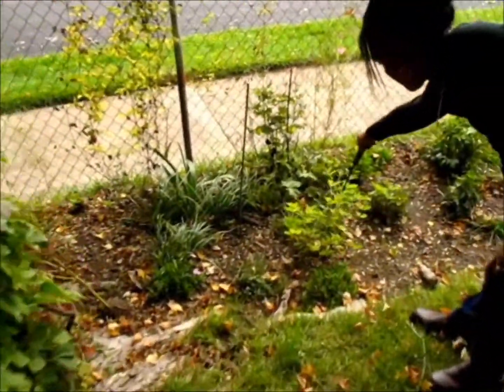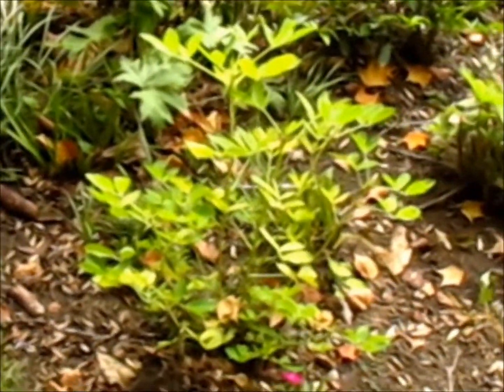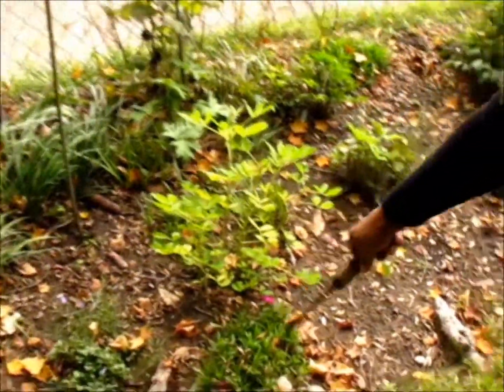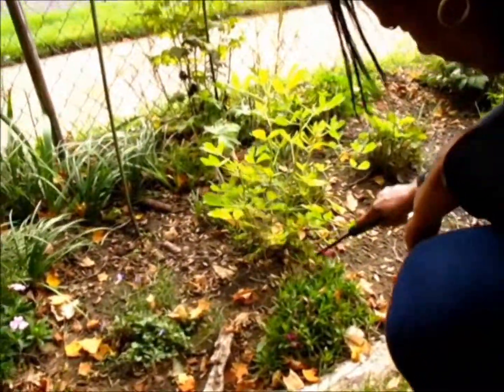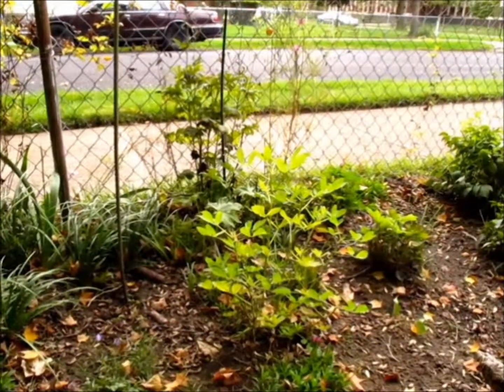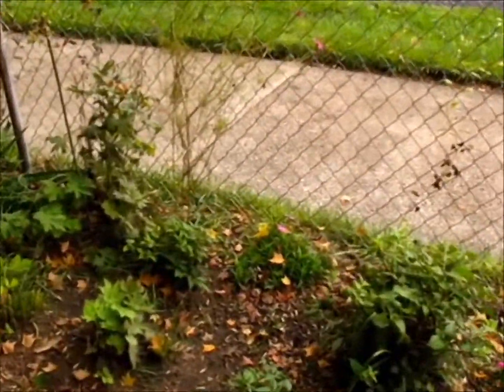A peanut right here. I brought peanuts one year and squirrels got in them and took them all over the yard, and I actually knew what a peanut plant looked like when I saw it, so I let it grow. So probably up on the bottom you'll see some peanuts growing under there. Probably just leave them for the squirrels. Got a ground cover right here. And all this stuff is in bloom. Sweet Williams over here, and back over in here I got snow I just put